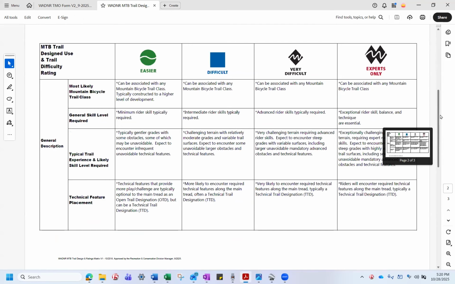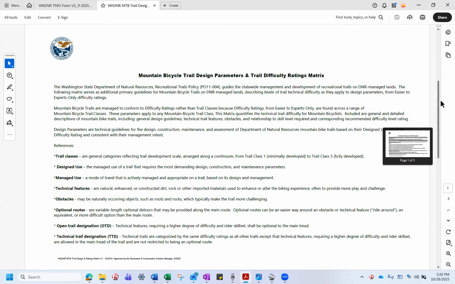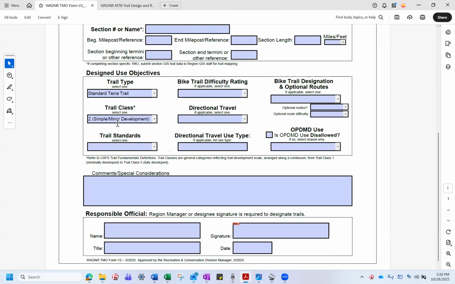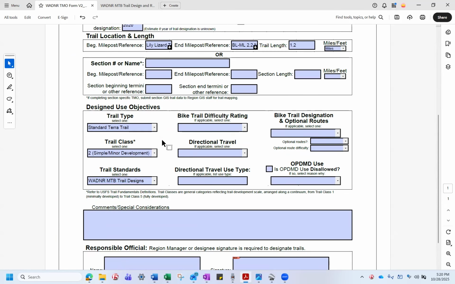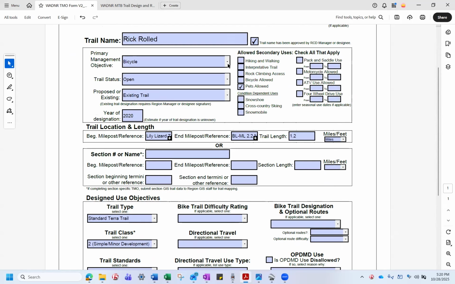That said, it might not be the best idea to allow other users on a Black Diamond downhill bike trail. I'm not sure that would be safe. It's worth noting that when bikes are your primary management objective, you are not required to use the DNR MTB trail design standards. If bikes are your primary management objective and it is a multi-use trail, it may be more